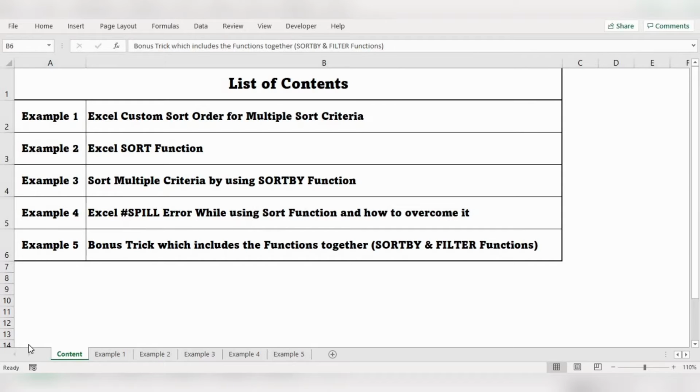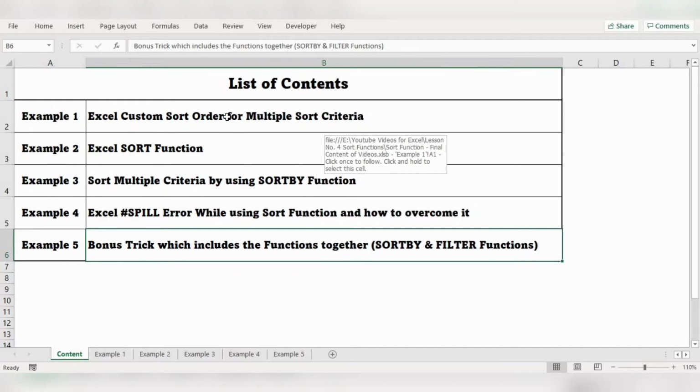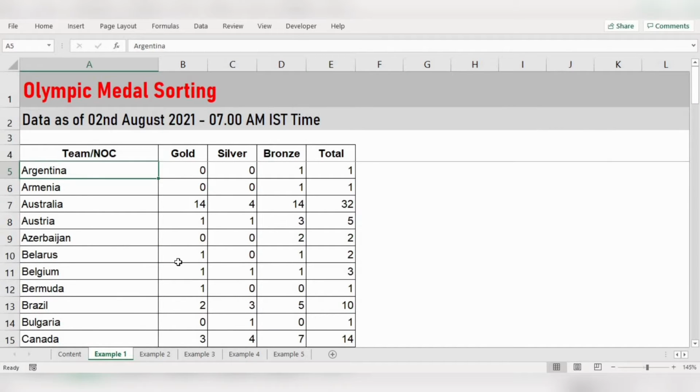Let's get into the first example. We're going to use the custom sorting command through the Data tab. Let's see how it works. So this is our yesterday's Olympic medal data. You can see the data of 2nd August, 7 AM IST.